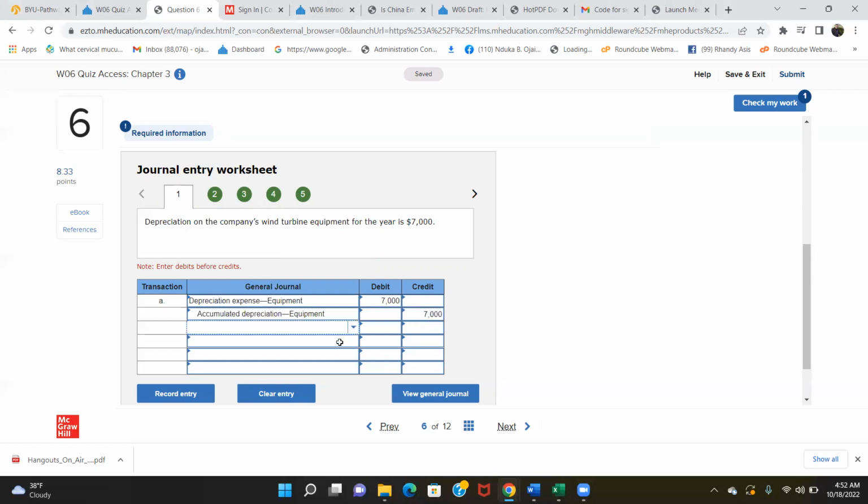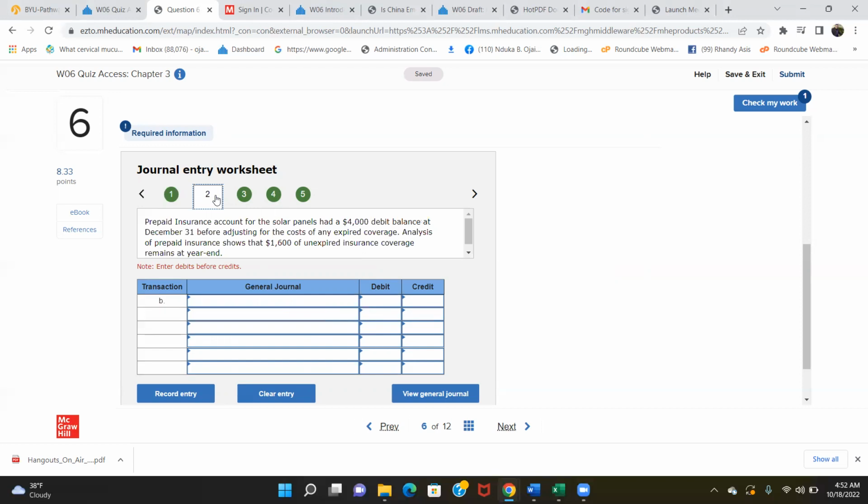And that results in the first question, because the first question is depreciation on the company's wind turbine equipment for the year is $7,000. So this is how you do the posting in the general ledger. You take the depreciation expense first and debit it, and then you do the accumulated depreciation, and then you credit it. The next question